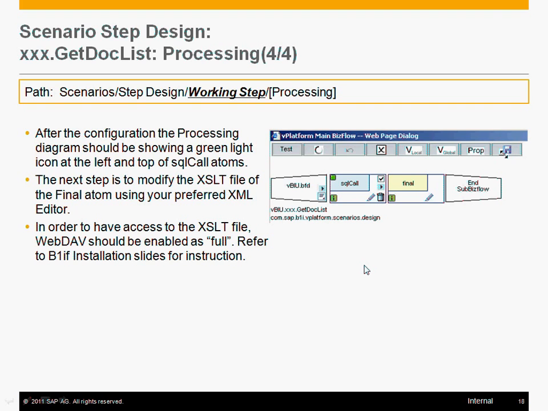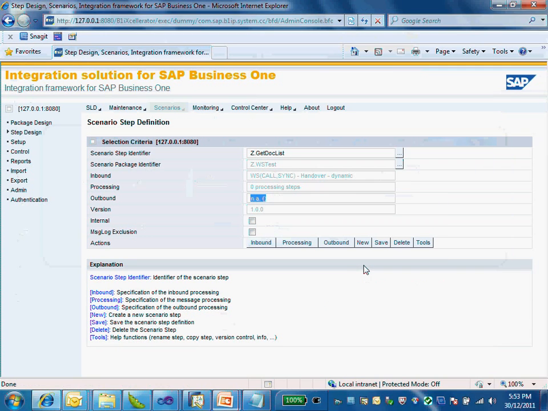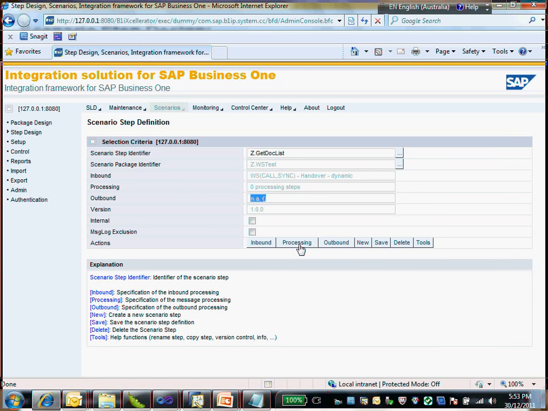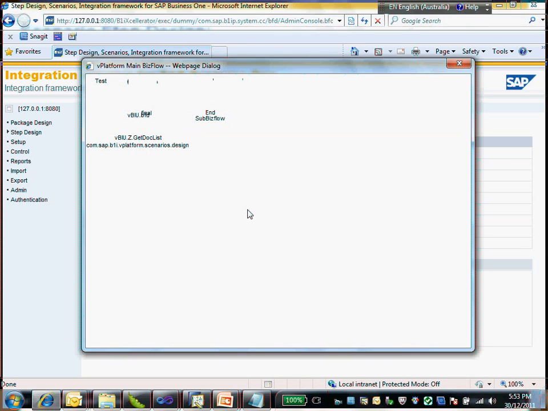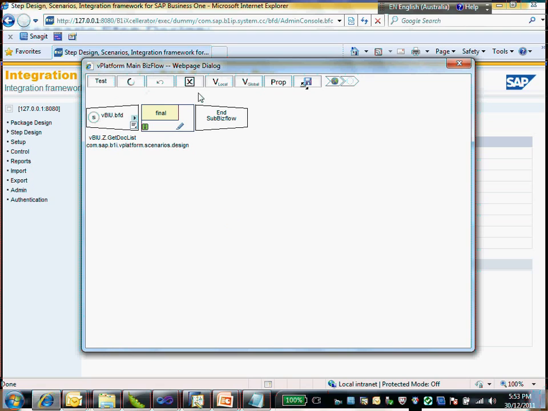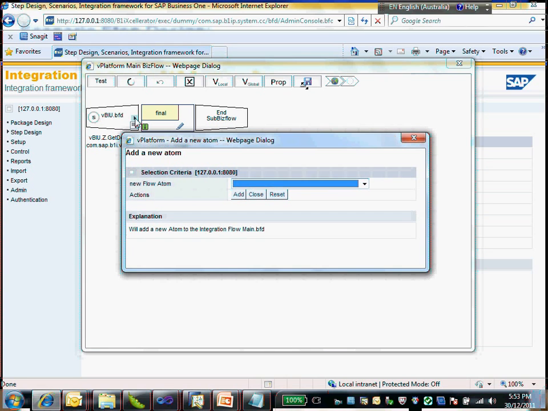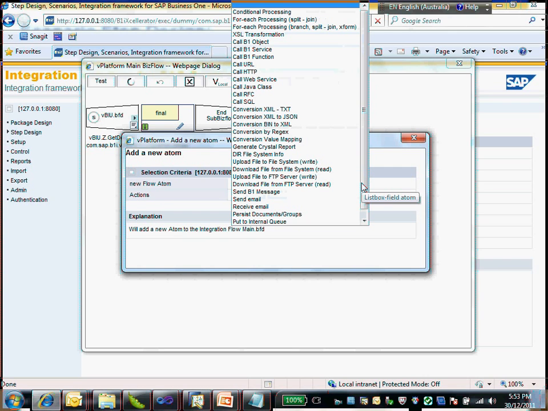Okay, let's go back to the live demo there. So just click the processing here. Okay, as you can see, it will generate the process flow for us, step by step. So we would like to have one more step for the SQL call. Just click the triangle icon here, and then as you can see here, we can have a lot of calls